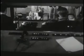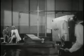The electrician, the cameramen, the studio manager, and the actors are all controlled by the director. His job is to see that the broadcast proceeds smoothly and without breaks, because the picture on the television screen